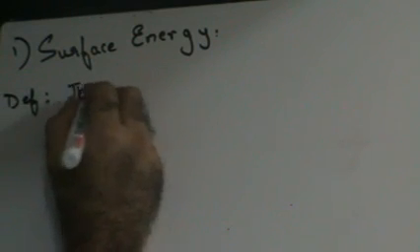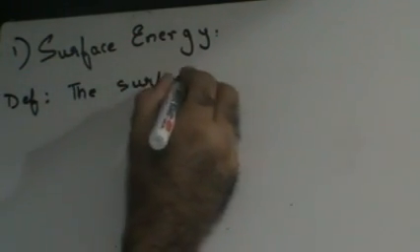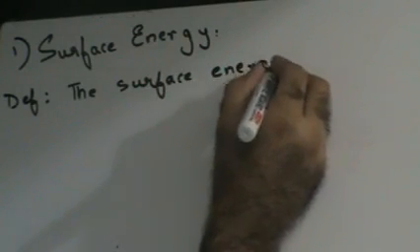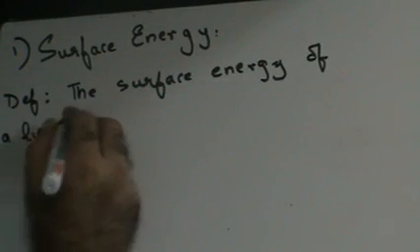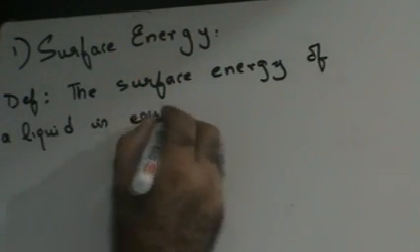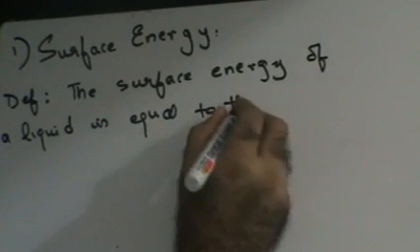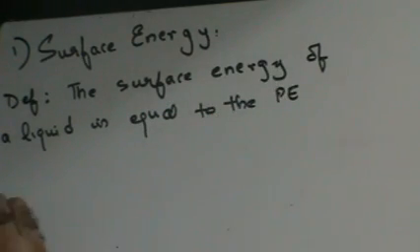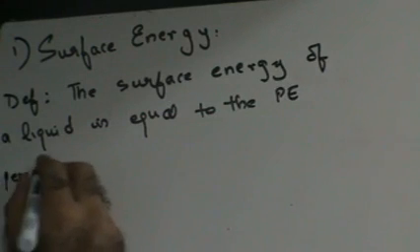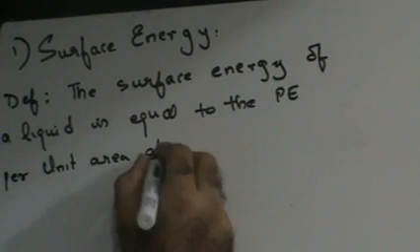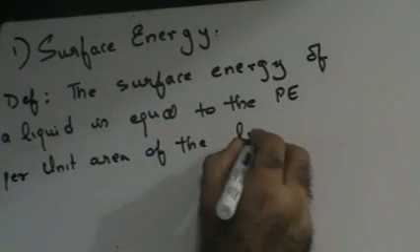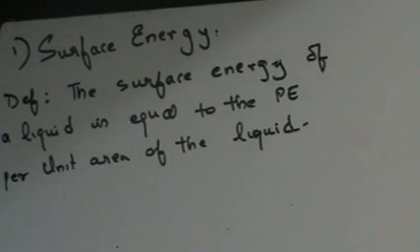The surface energy of a liquid is equal to the potential energy per unit area of the liquid. Right? So surface energy is nothing but the potential energy per unit area, or I could also say